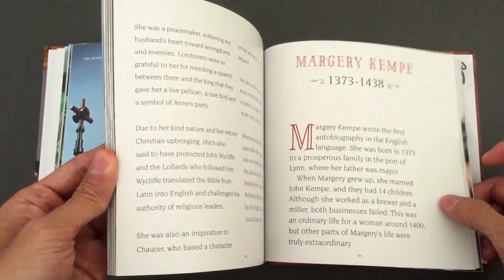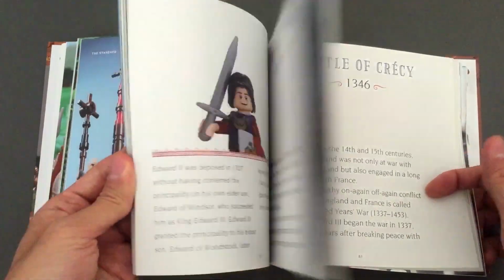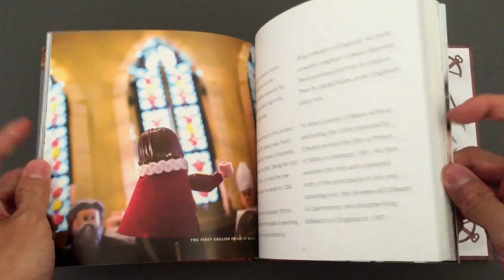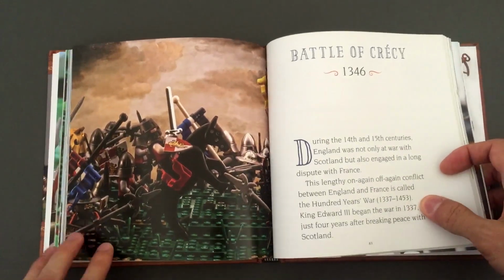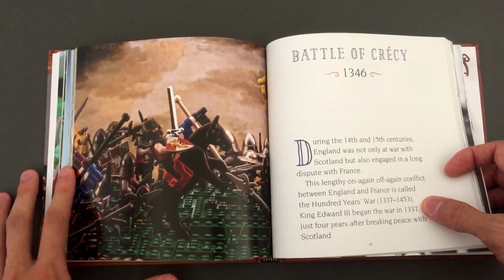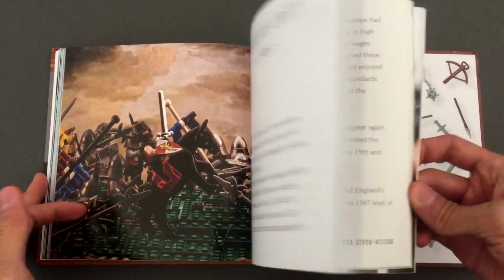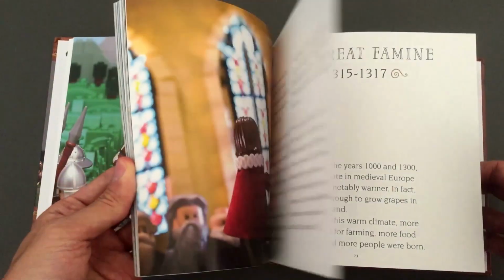But on the downside, there's not much that can be depicted in terms of entire battle scenes. Otherwise, that would require too much resource. So as a result, you do get captures of little vignettes of a battle, like this one right here. Overall, I think the largest creation from this book is